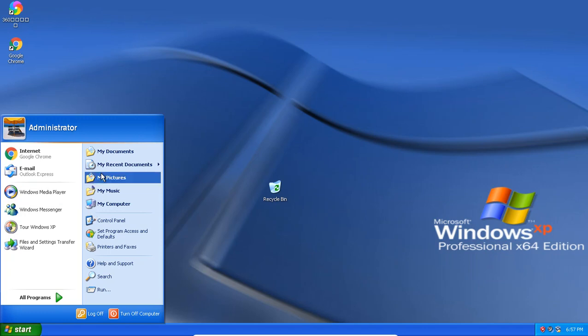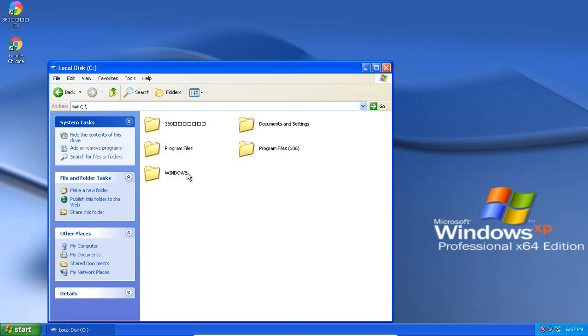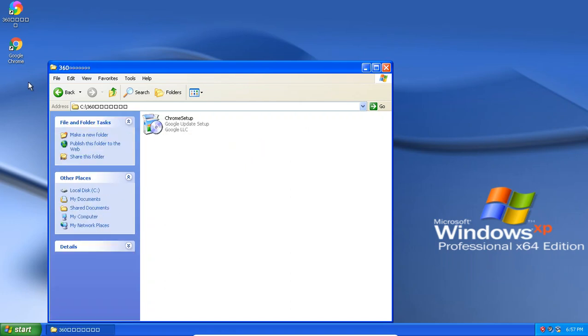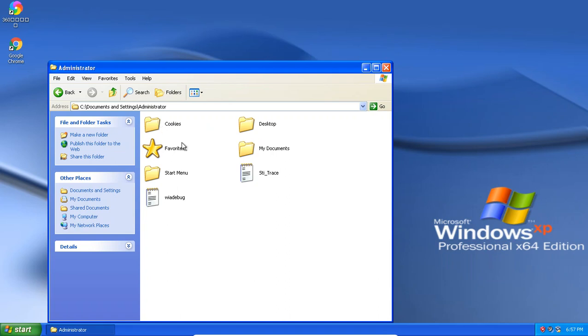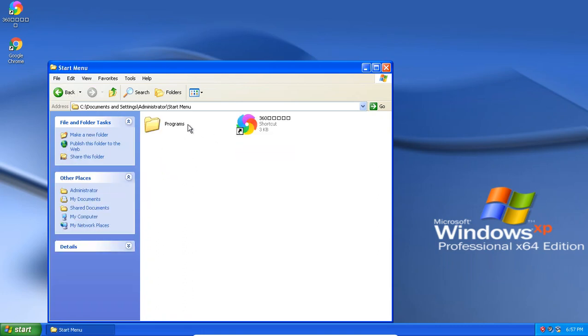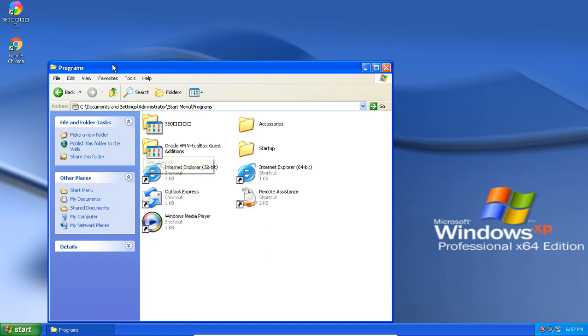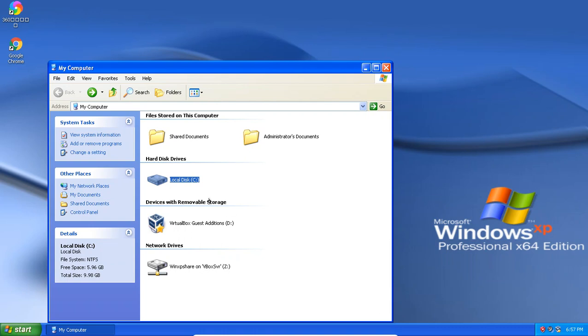You can go over to My Computer, Local Disk, see contents, 360, or no, that's just downloads. Okay, Documents and Settings, Administrator, and then I think Desktop? No, Start Menu, Programs. Okay, so I see what I see. So you want to go to Local Disk,